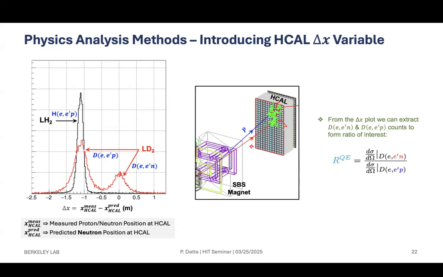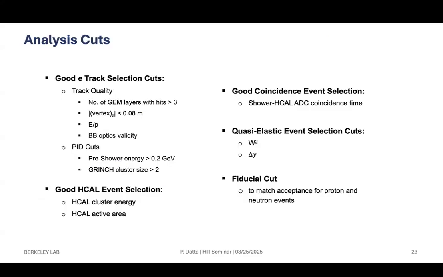But as you can imagine, you're doing a measurement at a very high Q squared, so we have a huge contamination from elastics in our events. So we don't really get this distribution this nicely from the get-go. We need to apply a lot of analysis cuts to achieve it. And here is a list of cuts that we use. So first we have a set of cuts to select good electron tracks, which include,